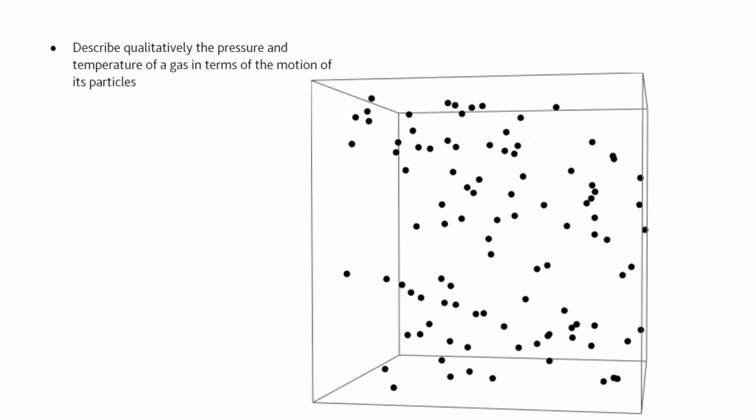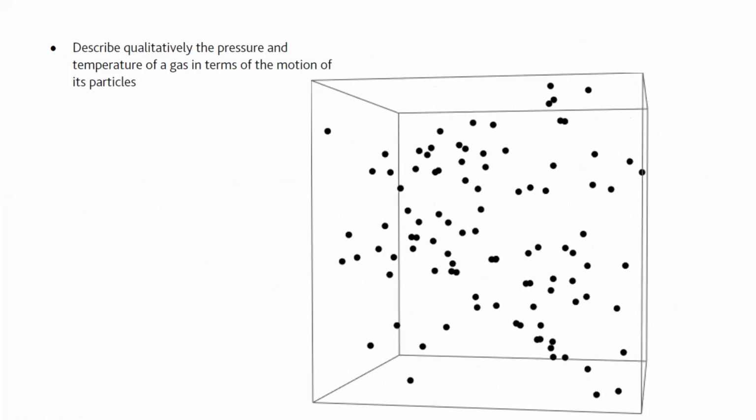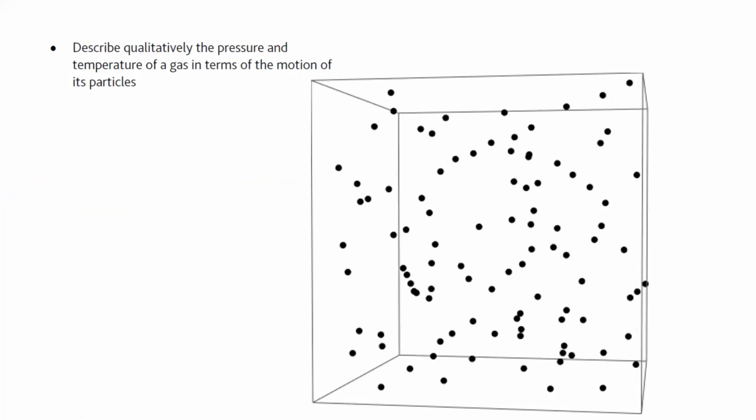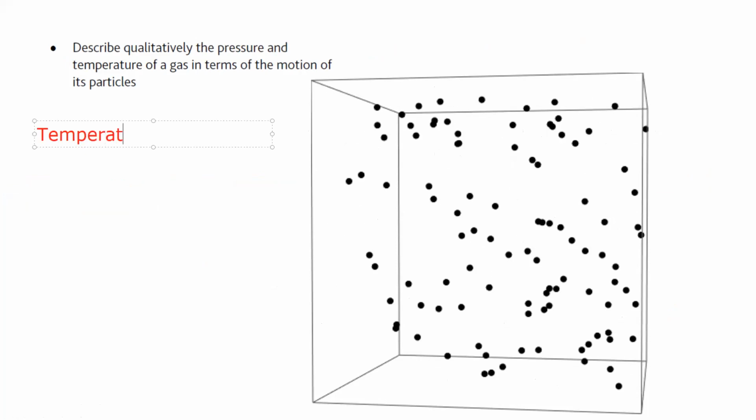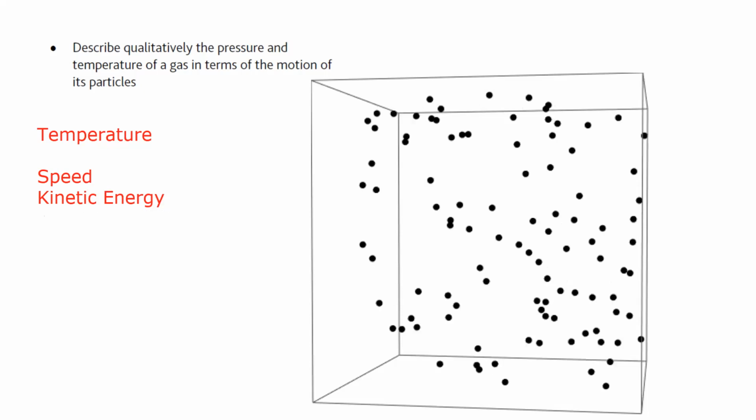And we should be able to explain the temperature of the gas in terms of movement of the particles. So temperature of the gas refers to speed, or speed refers to kinetic energy. Whenever there is a change in temperature, there will be a change in speed or kinetic energy. If temperature increases, speed or kinetic energy will increase, and as the temperature decreases, the speed or kinetic